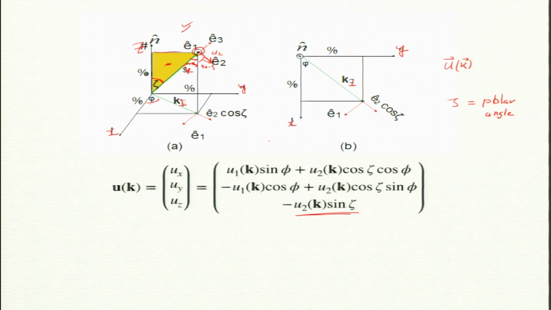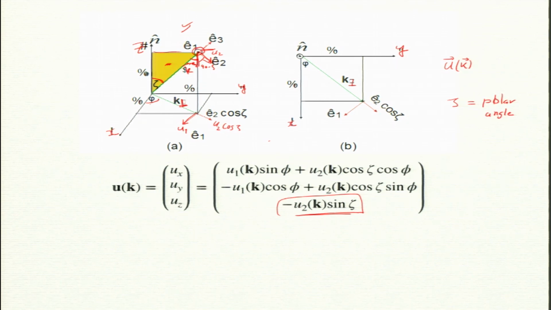So, this k perp. My velocity vector I am projecting down now on the xy plane. By the way, there is no z component anymore. After I remove this, I am only left with x and y components. Now my u1 vector will be along this, and my u2 vector will be along this, but how much is coming along this? Cos zeta. Cos zeta is the remaining part, because this part is sin zeta. So, this part is cos zeta. Now, take components of these.